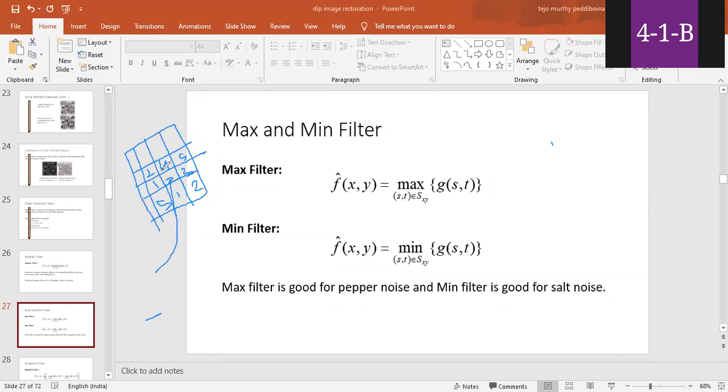So like this, for each pixel. Another example, let us take 2, 1, 2. Then the 4 is replaced by, you have to consider the neighborhood values like 2, 1, 2, 2, 4, 5, 1, 2, 2. Out of this, which one is maximum? Maximum is 5. So the 4 is also replaced by 5. Like this, minimum also you can find. So minimum filter means out of the neighborhood pixel values, which one is minimum, we will take that value. That is the minimum. Okay.